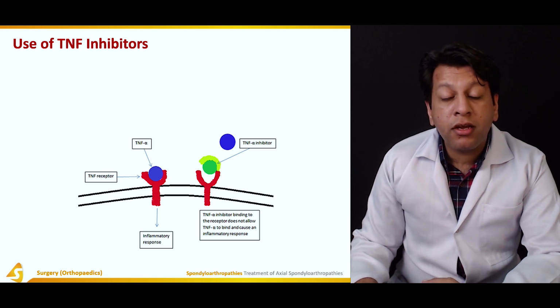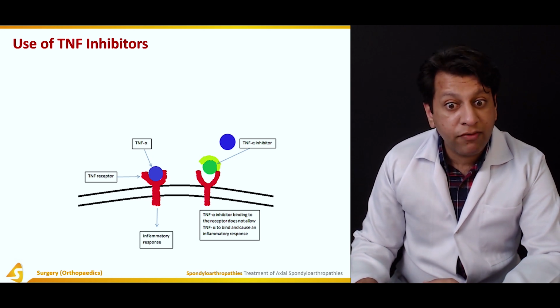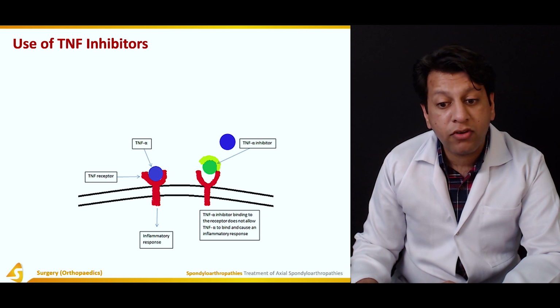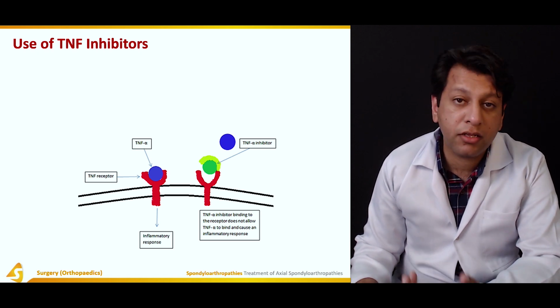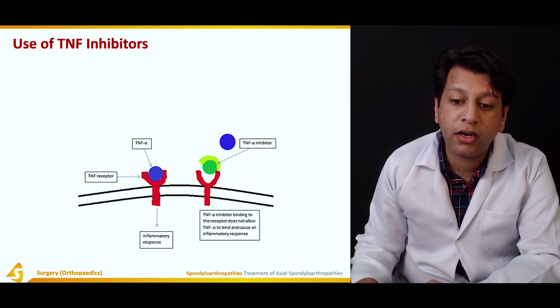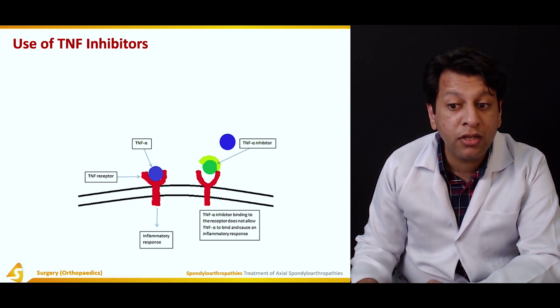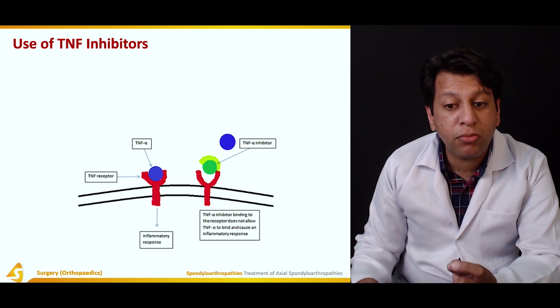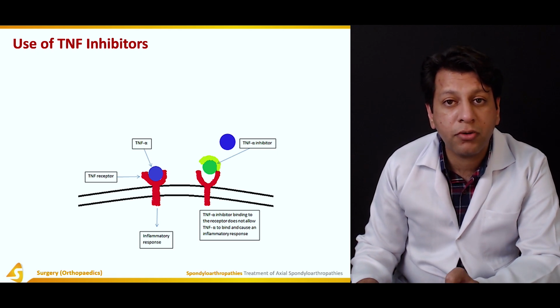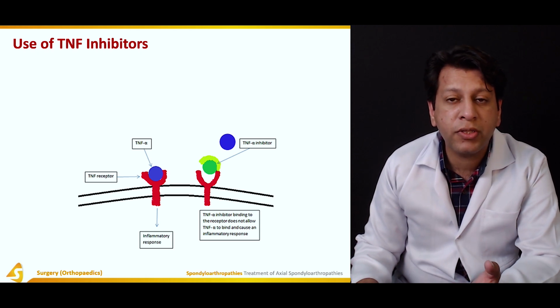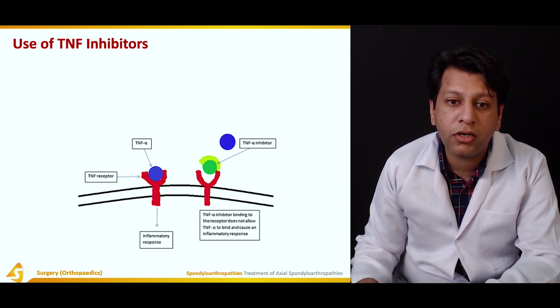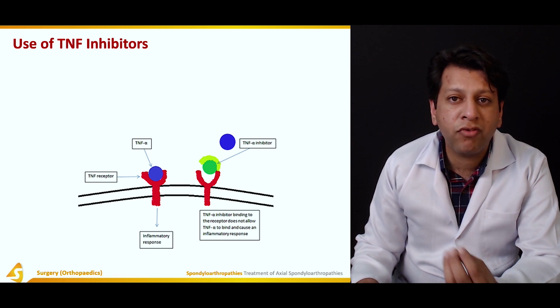Now coming to medical therapy, which means the use of TNF inhibitors. There are TNF receptors on our cell membranes, and TNF alpha and TNF beta are the two main ligands: tumor necrosis factor alpha and tumor necrosis factor beta. These inhibitors block these TNF receptors. As a result, the cascade initiated by these receptors is blocked, resulting in a decreased inflammatory response to